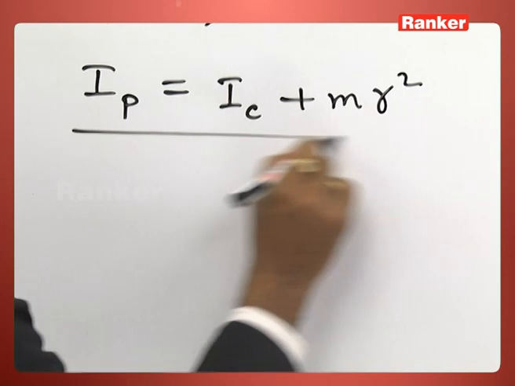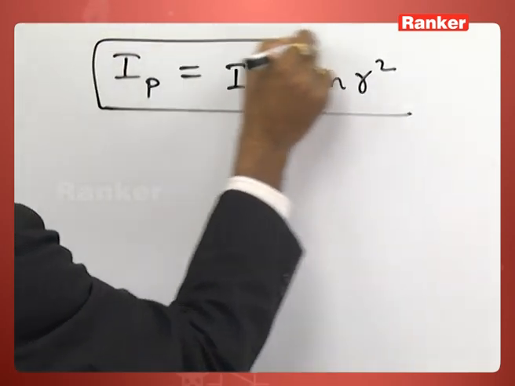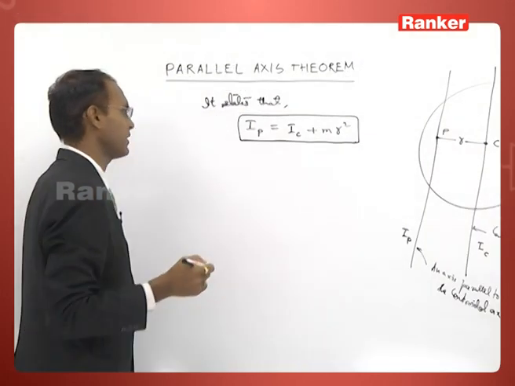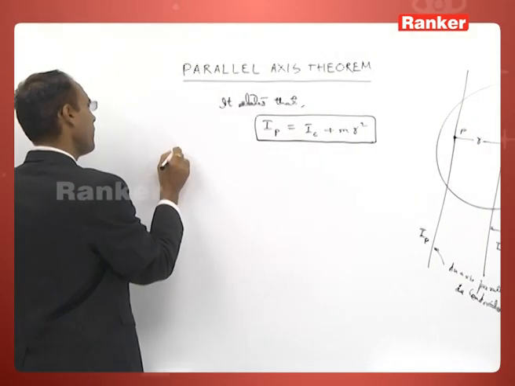IP is equal to IC plus MR square. To prove it,